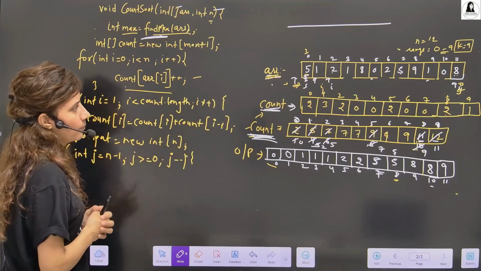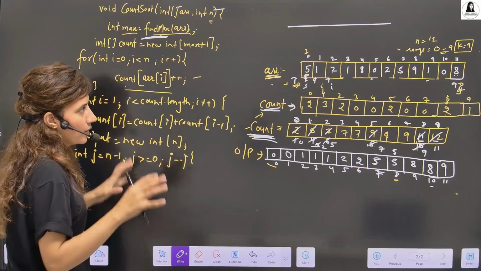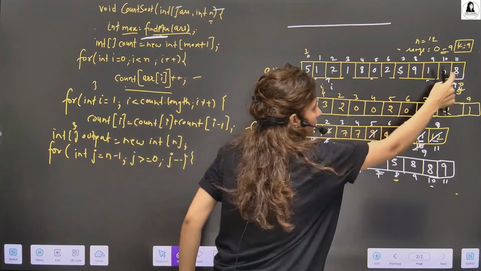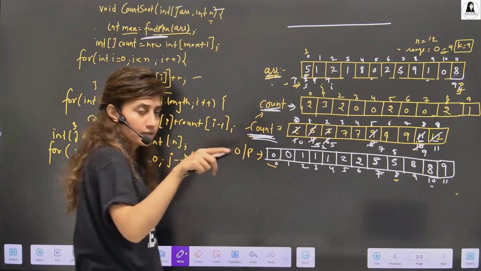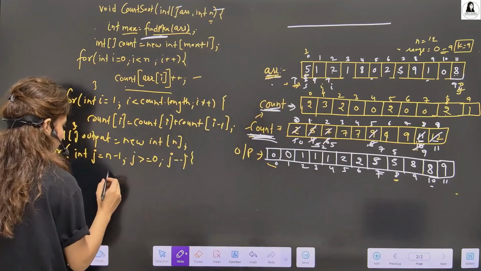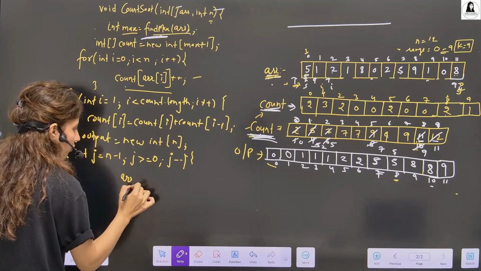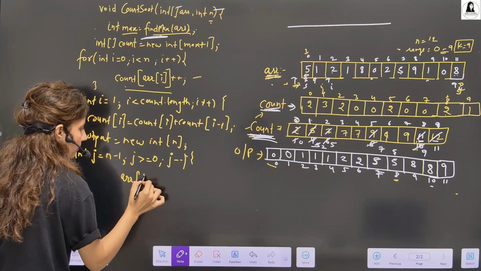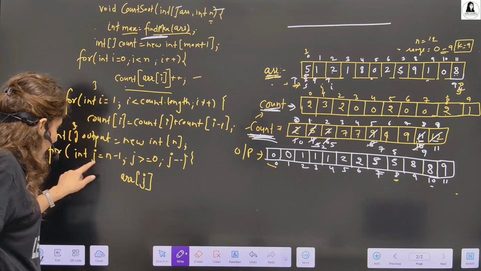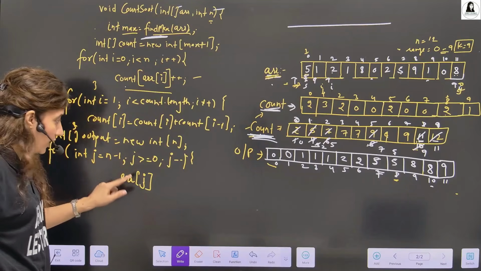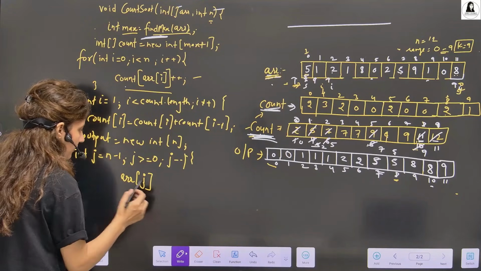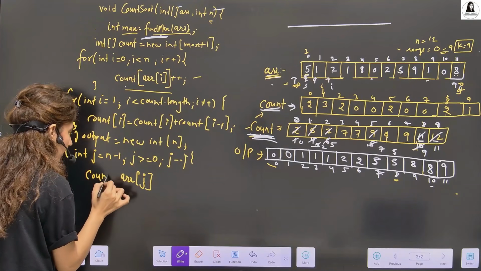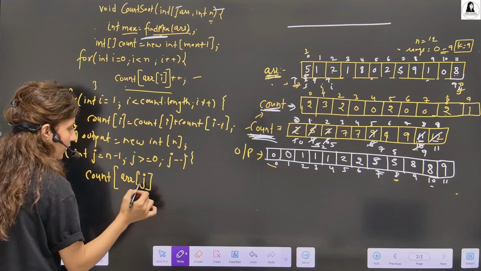So j is at first here. Whatever element is at j, 8, we go to that index, the 8 index. So how do we get that element? We have array of j, because the name I'm taking is j, it's not i here. So array of j, and at this, count subscript array of j.